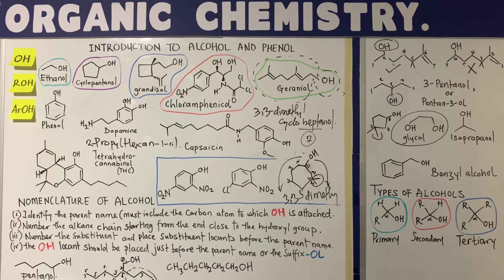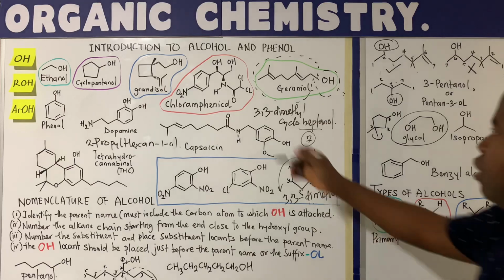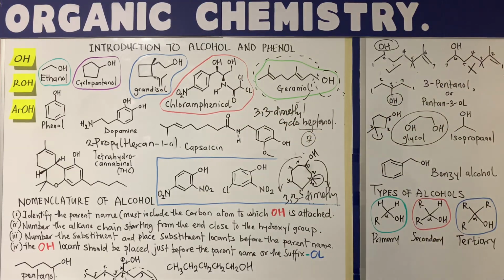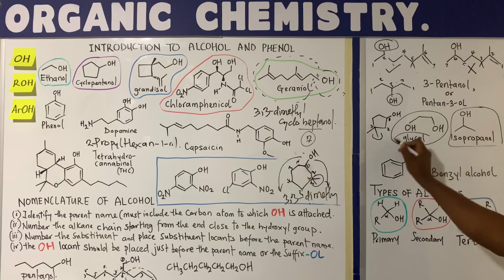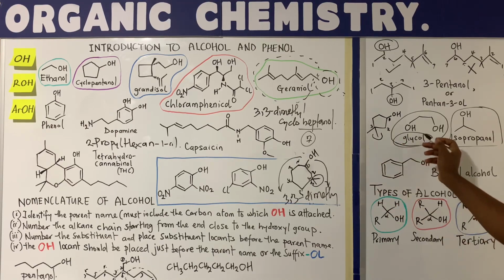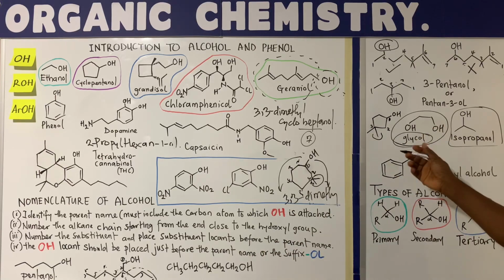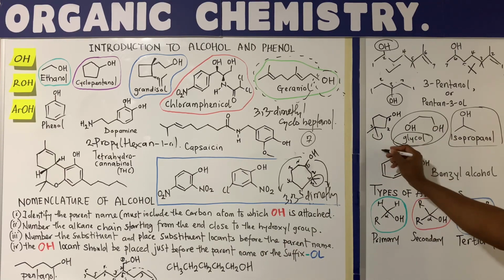So it's possible to have multiple OH groups in a compound, just like this one. We have 2 OH groups in this molecule, chloramphenicol, the antibiotic we talked about. Also, this one. In organic chemistry, we have what we call trivial names, just like this one. This is the trivial name of this. The IUPAC name of this, following the rule, is going to put this compound as ethane